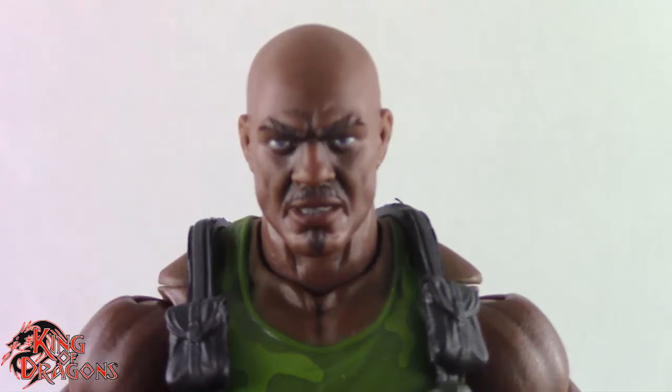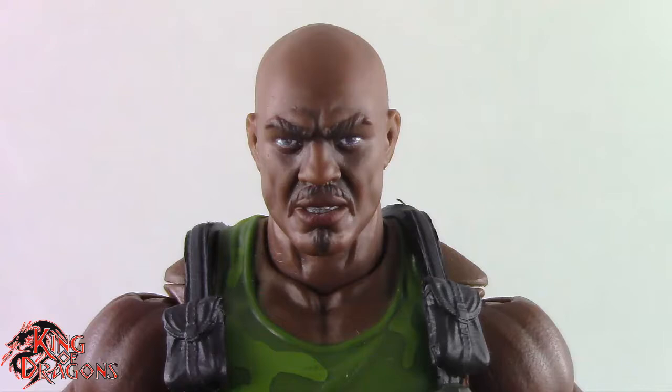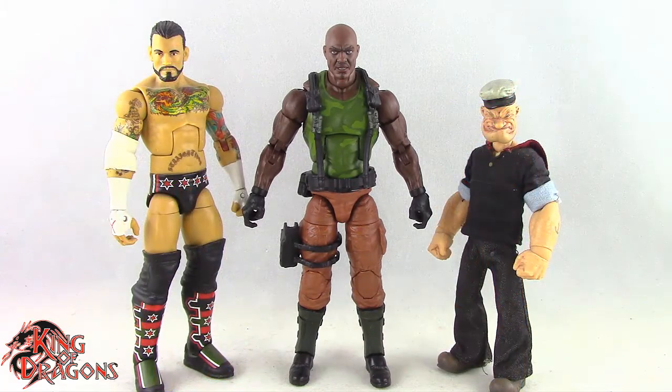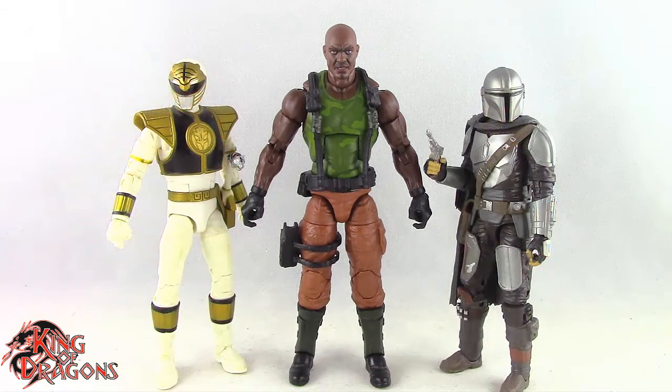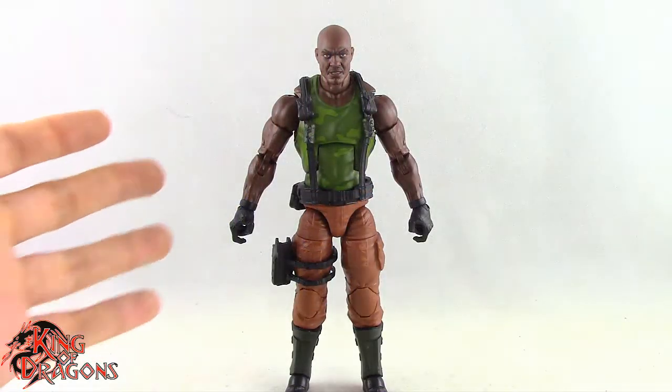So with that out of the way, guys, let's actually get them compared to other figures you may have in your collection. And so here we have Roadblock posed next to a Marvel Legends Cyclops and a DC Multiverse Superman. Here we have Roadblock posed next to a WWE Elite Scale figure and a Mezco 1/12 Collective Popeye the Sailor Man. And finally, here we do have Roadblock posed next to a Lightning Collection White Ranger and a Star Wars Black Series Mandalorian. So with the comparisons out of the way, let's actually move on to his articulation, and Roadblock